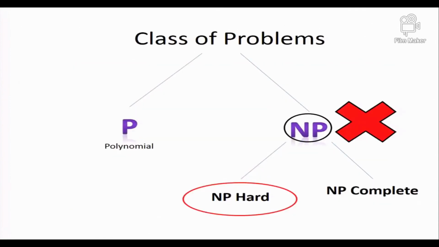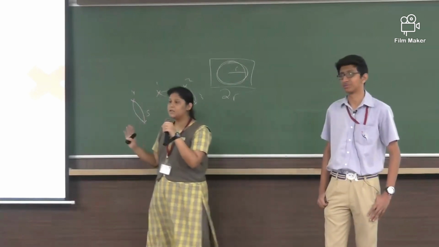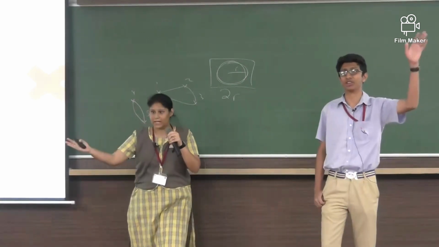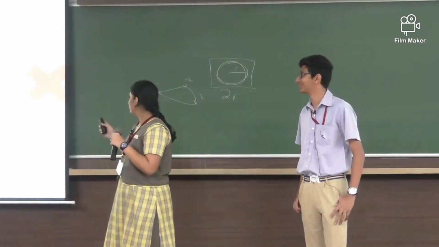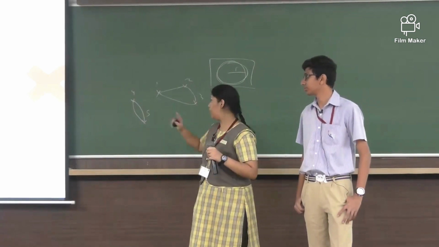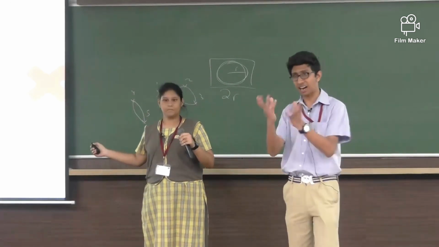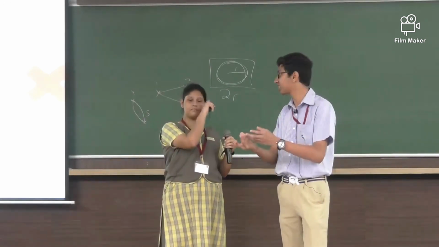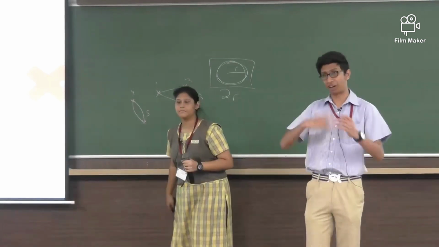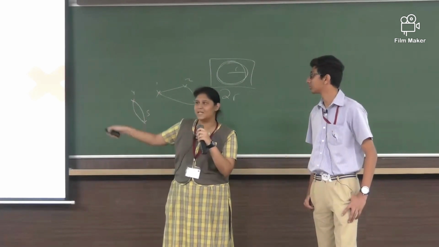By polynomial time, I mean it's solvable in a favorable time for us, so in 10 minutes, and doesn't take the age of the universe to solve it. So an NP problem is one that is verifiable in polynomial time. That is, if I have a solution, I can check whether it's a valid solution in polynomial time, but to find a solution, I can't do that in polynomial time. So interestingly, TSP doesn't lie in NP.